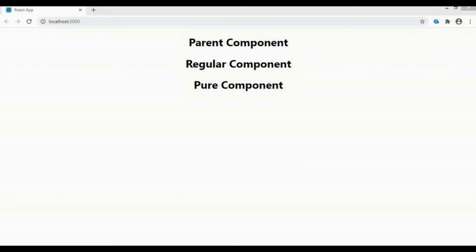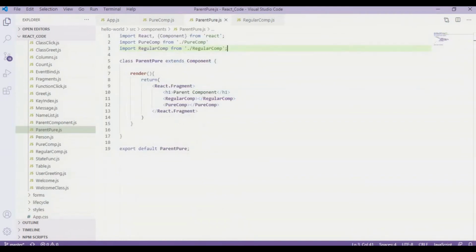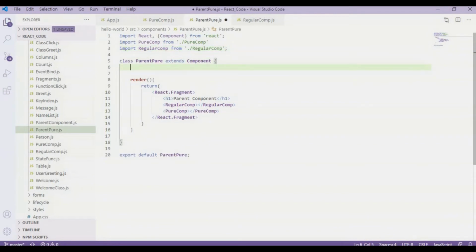Now I'm going to add a method in our parent component. Before I add a method, I add a constructor over here.